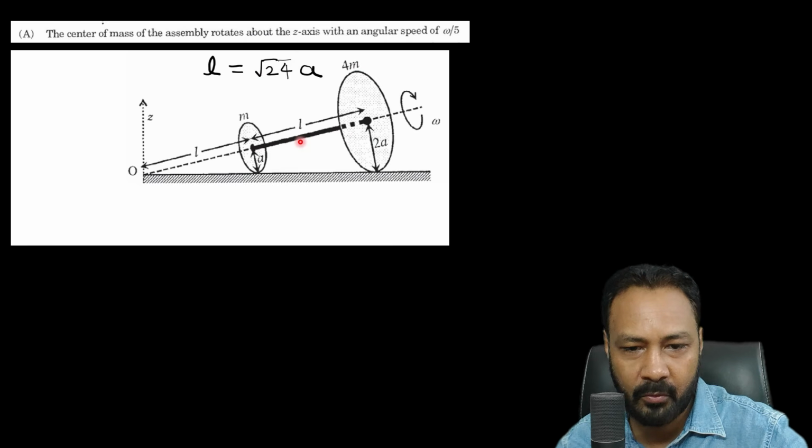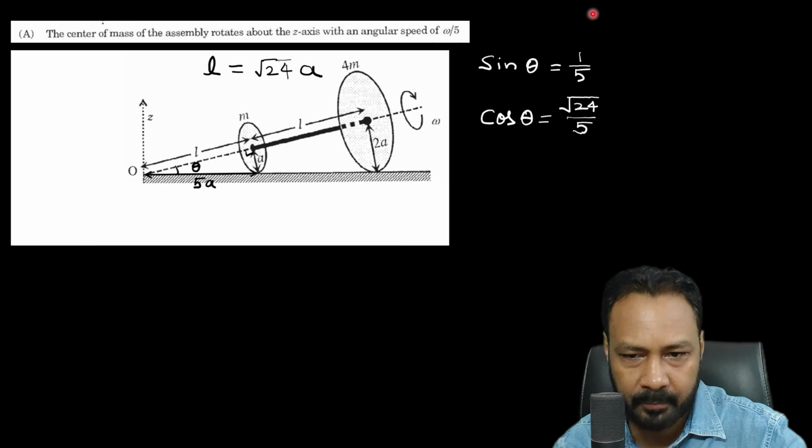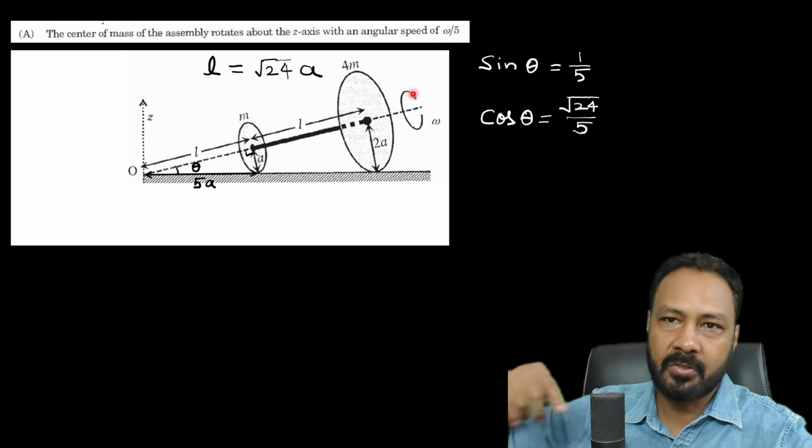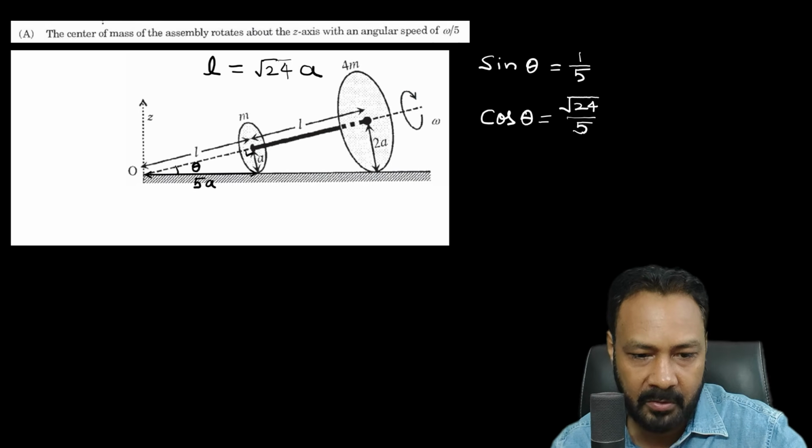This L is root 24 a, and this is a, and this was given 5a. So sine theta would be a by 5a, 1 by 5, and cos theta would be L by 5a, that is root 24 by 5. So sine theta and cos theta I've written. And now this spin angular velocity, what is rotating, will be in this direction,